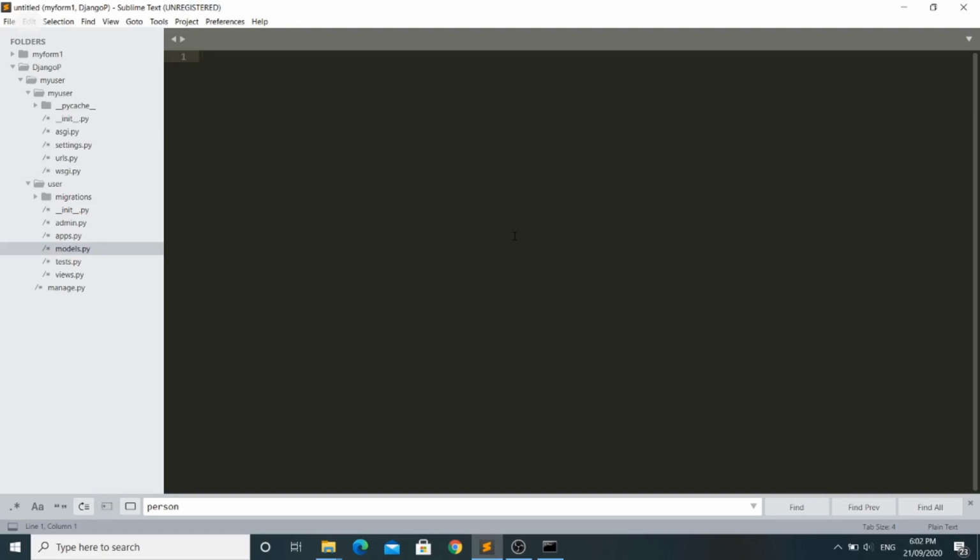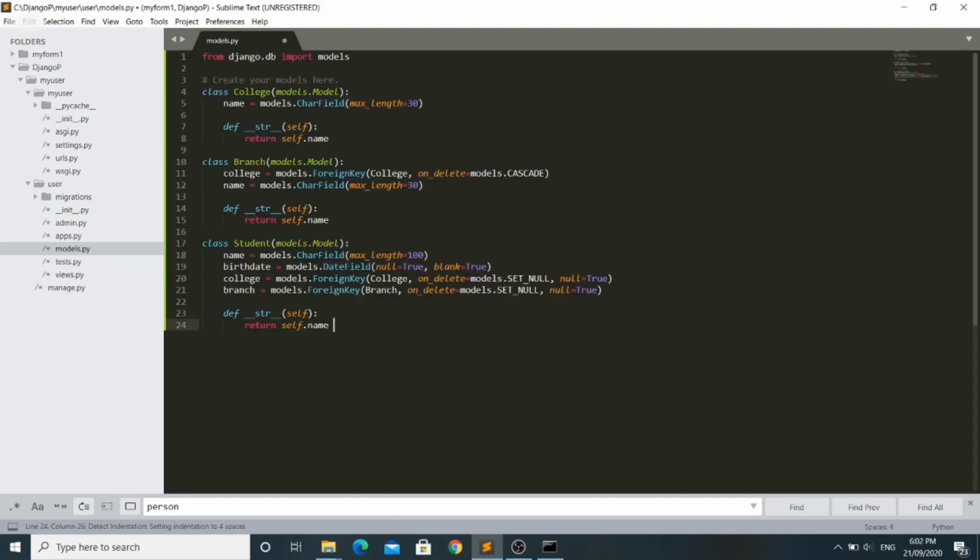So first of all, let's design the models which we want and define them in models.py. I have written some appropriate models for our example already, which are college, branch and student.